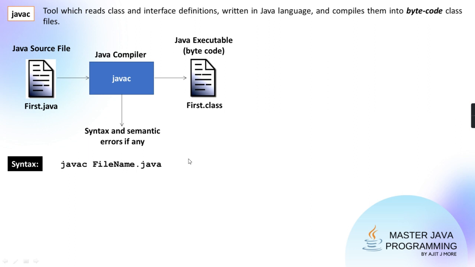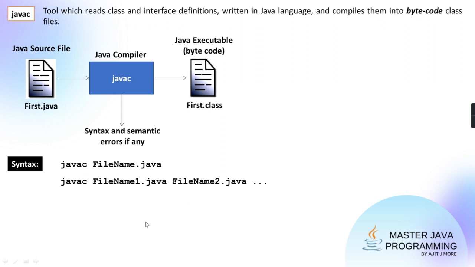Generally, we give the source file name and the class name the same when the class is public. I hope I have told you all the rules. Can I compile more than one .java file at a time? Yes, to the Javac tool, give the names of all the .java files: first file name, second file name, third file. Will it compile all these files one after another? First file it will compile, second file it will compile, and if there are errors, it will tell you the errors in all the files. And for the file in which there is no error, it will translate it into .class.